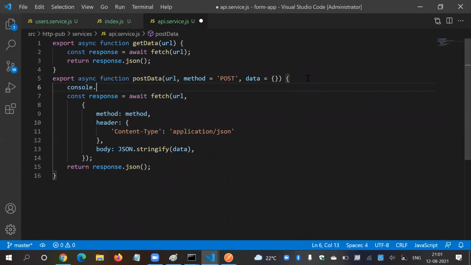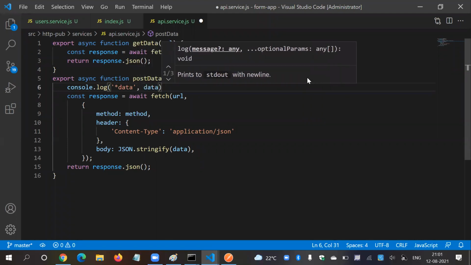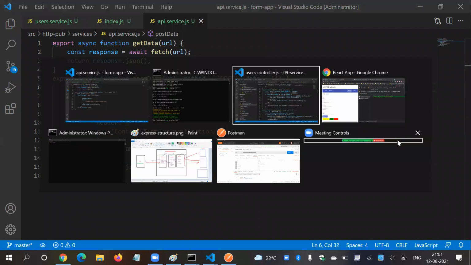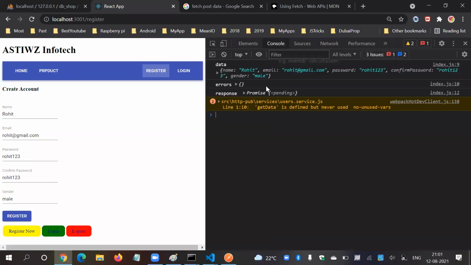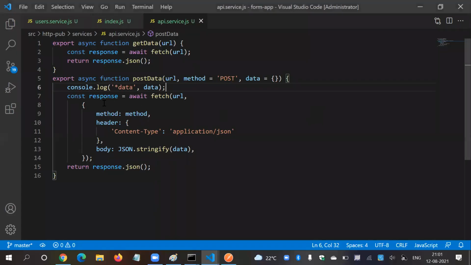Console.log. Here saying data. Are we really getting this data over here or not? That is the question. This is return response.json, constant await.